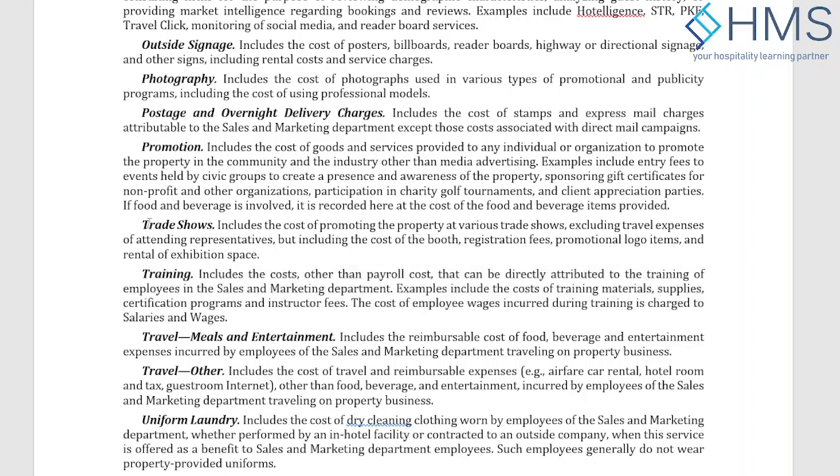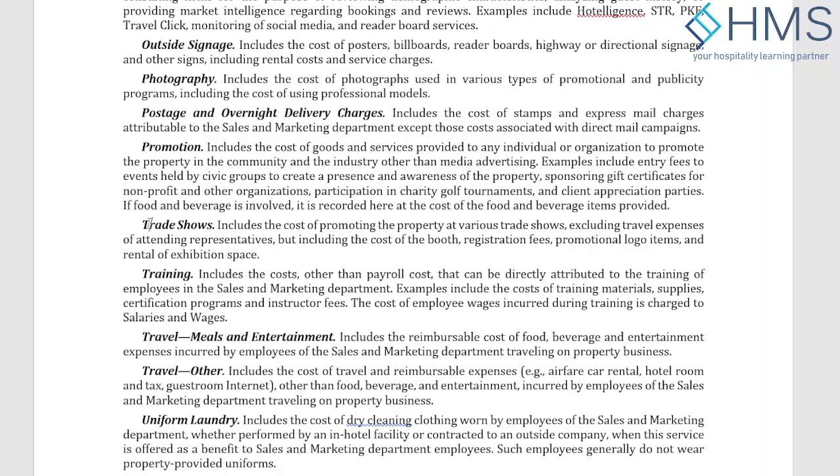So usually what happens is, when the accountants are looking at the expense claim of the sales and marketing department, they will say, okay, now the sales and marketing department has gone to, let's say, a China trade show. So the cost of attending the trade show was X, the cost of staying in the hotel was Y, the cost of meals and entertainment or taking part in the group dinners was Z. So what they normally do is they combine everything and put it in one line, either trade show or traveling or wherever, right?